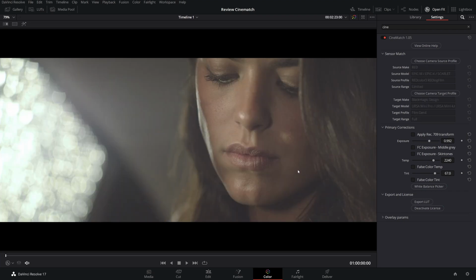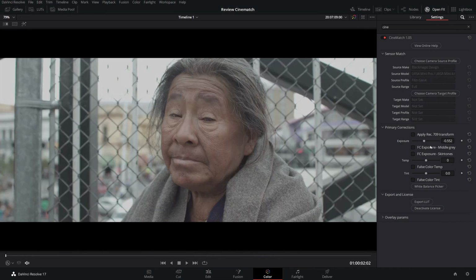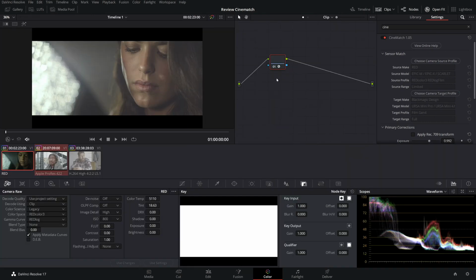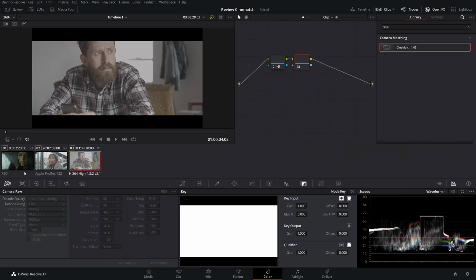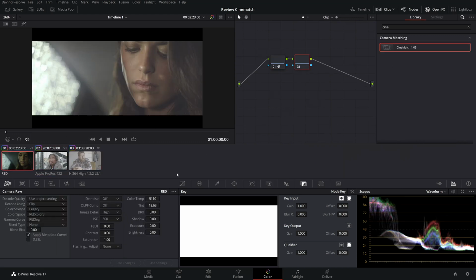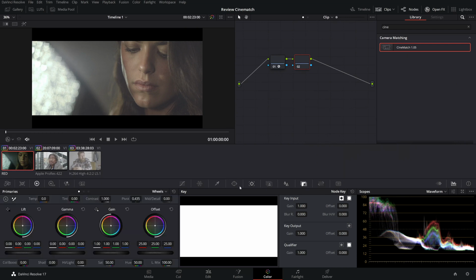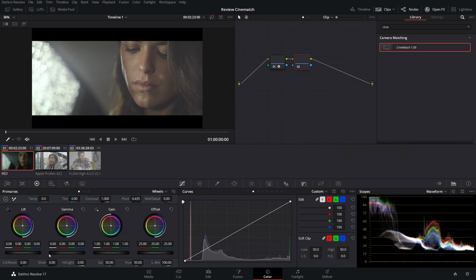And okay, so maybe this one a little less here and a little less exposure. I don't know. Yeah, I think it's fine here, and we can start to do some color grading. So I'm gonna start here on the head one, and let's try something here.